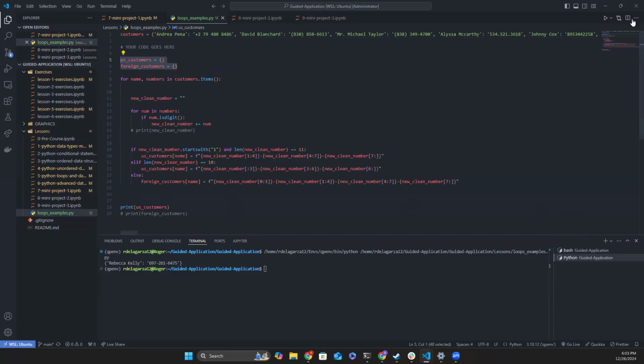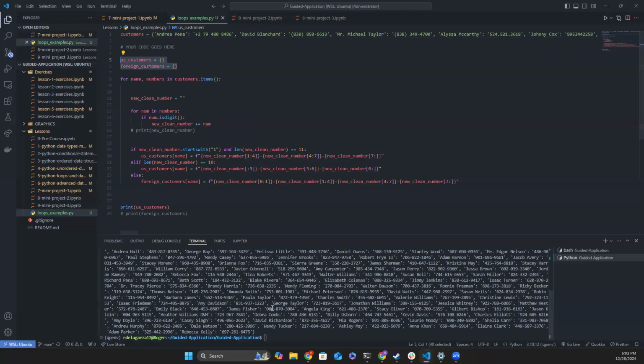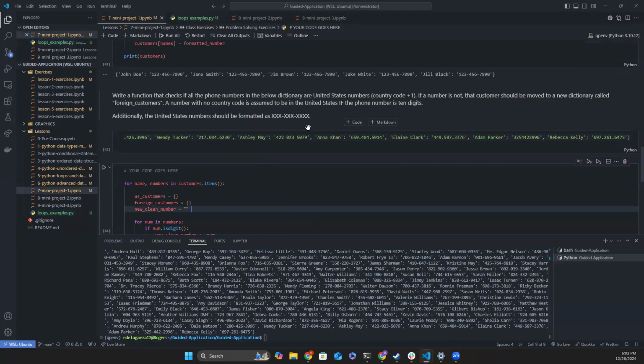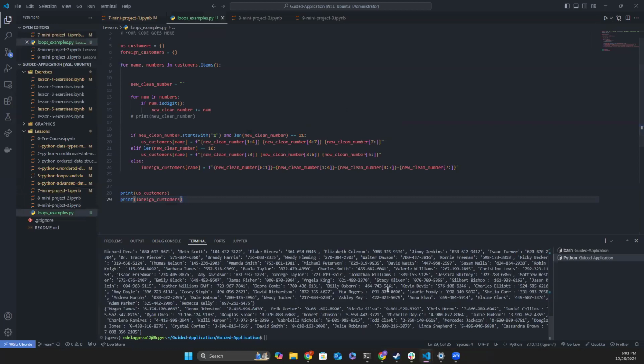And when I moved it out of here and we run it again and print out US customers, we saw that finally we were getting exactly what we were hoping for, where it was formatting them in the format that it wanted, where it was no country code at all. It was just the area code locally, the number itself, and then for the foreign numbers, same concept, right? Although I believe I left the foreign numbers' area code there, but you can see here that these are the foreign customers. But essentially, we got the gist of what was going on